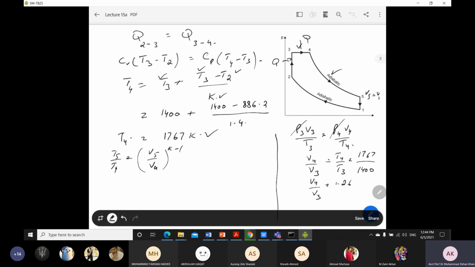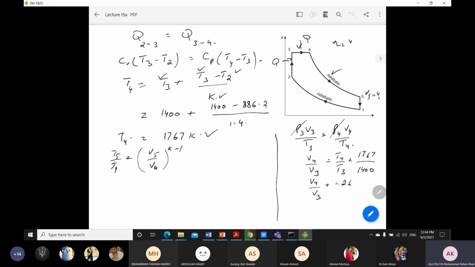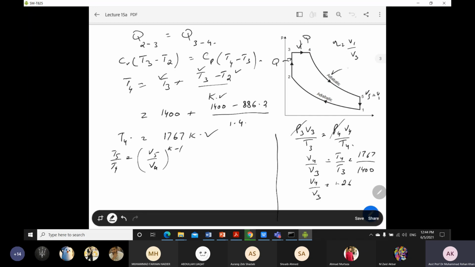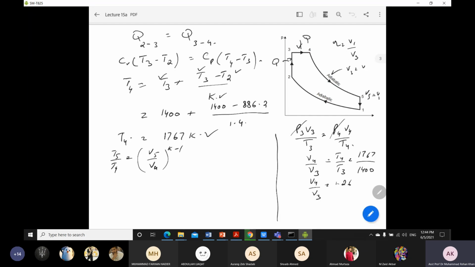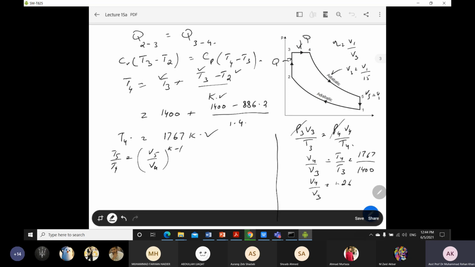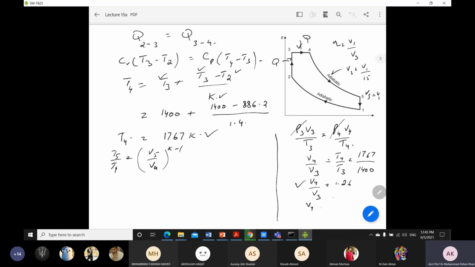Okay, so now from the compression ratio which is given in the question, r is equal to V1 over V3, and r value is known to us. So from here we can say that V3 is equal to V1 over 15. This is from the data which is available in your question. So if we put the value of V3 in this equation, where we already said V4 over V3 is equal to 1.26, it turns out that V4 is equal to